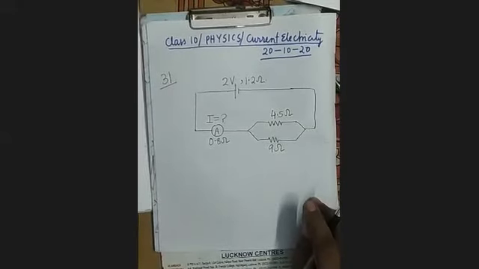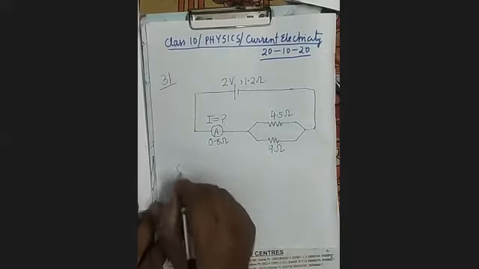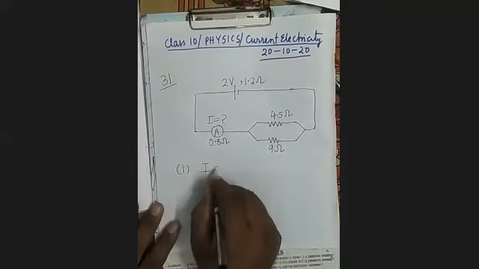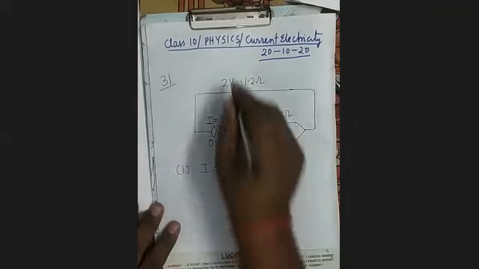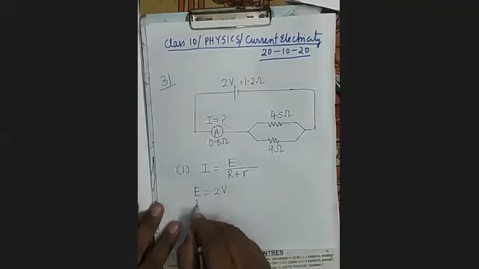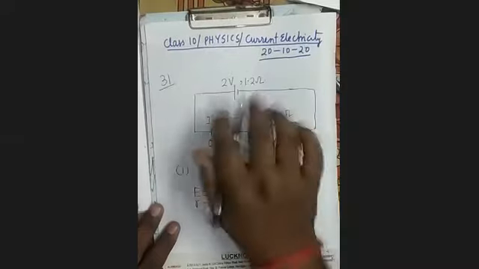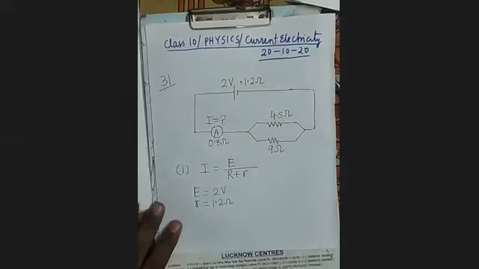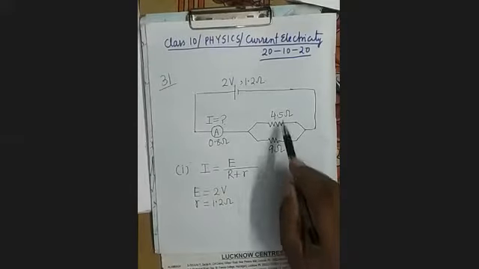So first of all, you determine total external resistance. Because what is the formula of current? Formula of current equals E upon capital R plus small r. Here E is given how much? 2 volt. Small r is given 1.2 ohm. और जो ये सेल को छोड़ के जितना भी होगा वो एक्सटर्नल रेजिस्टेंस होगा। सेल को छोड़ के जितना भी होगा वो क्या होगा? एक्सटर्नल रेजिस्टेंस होगा।